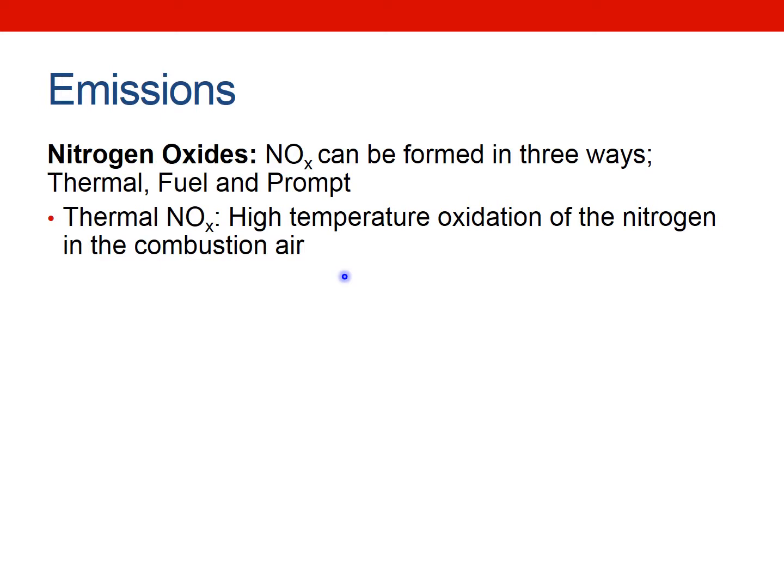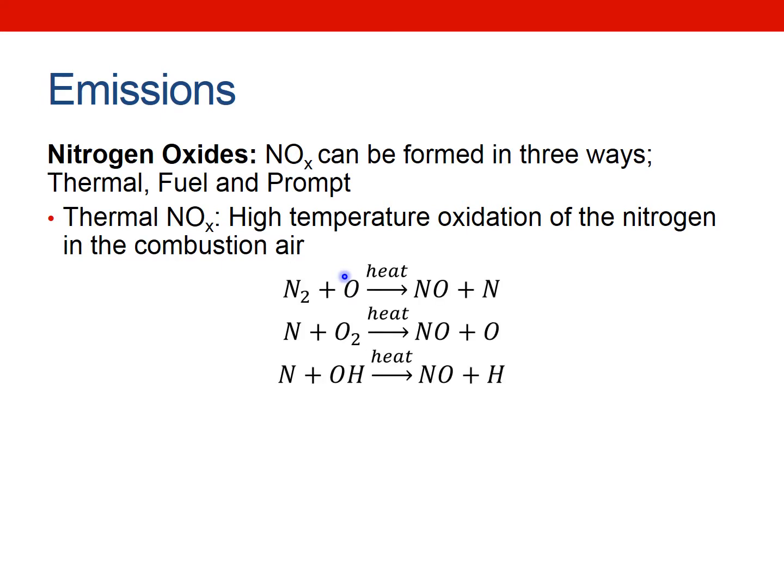But unfortunately, that's not true, and at high temperatures in the combustion front, that nitrogen can break down and react with the oxygen, giving us NOx. There are a number of ways you can do it here. You've got a kind of self-propagating thing. So you've got N2 plus O giving us NO and N, and then that N will react with some O2 to give us NO plus O. And you also have some hydroxyl radicals floating around, which can also produce NO. So it can be done in a number of ways, but the important thing is that they all need heat. So it's high temperature thermal NOx.